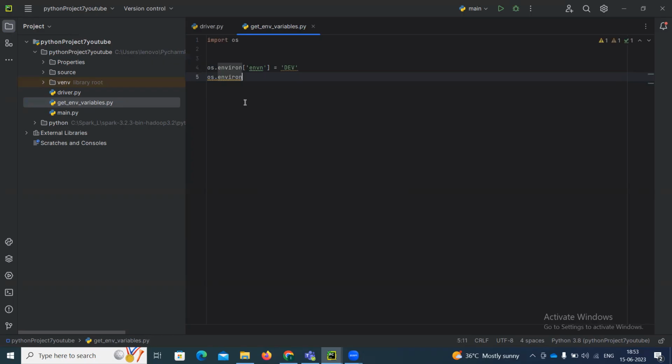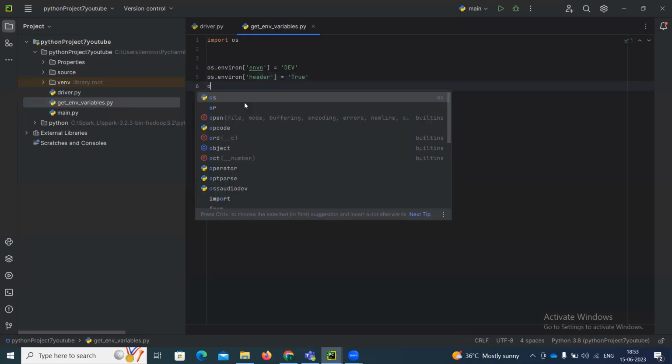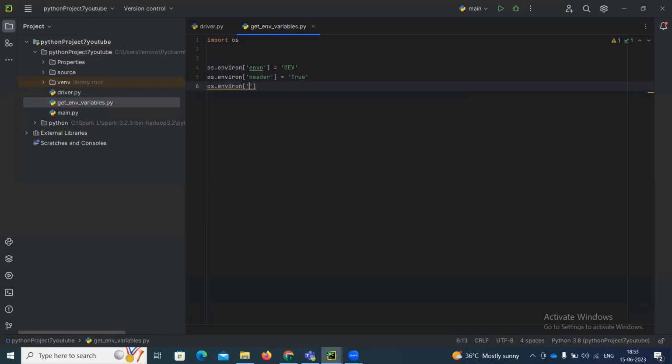os.environ. We are dealing with CSV files, right? Whenever you read CSV files with Spark, you need to have the header and infer schema. Right now, I am defining them in the environment itself. Header equal to true. os.environ, also we have the infer schema when we are talking about CSV, right? Infer schema equal to,